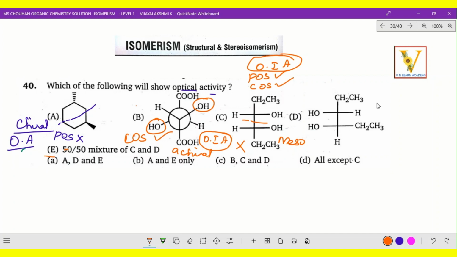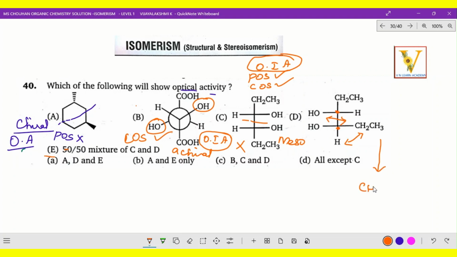Okay. Now in this, CH2CH3, and here OH, OH, CH2CH3 and H. Actually, here one small rearrangement is needed. Why? Because of priority order. So we just interchange, and this has to come here. Right. So when we are interchanging, this is one chiral center, this is another chiral center. This is okay, fine. Now this we have to rearrange.